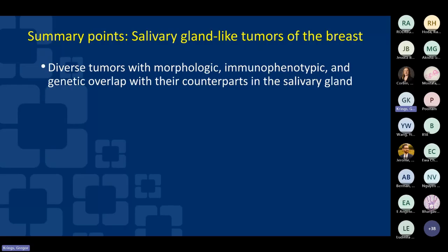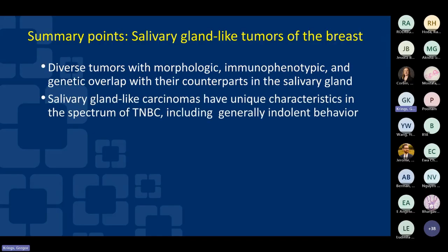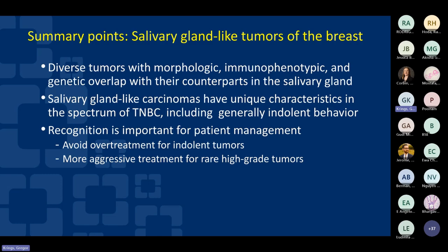So in summary then, for salivary gland-like tumors of the breast, these tumors are very diverse. They have morphologic and immunophenotypic and genetic overlap with their counterparts in the salivary gland, again, with the exception of actinic cell-like carcinoma. Salivary gland-like carcinomas have unique characteristics in the spectrum of triple-negative breast cancers, most of the time having generally indolent clinical behavior. It's important to recognize these lesions for patient management,